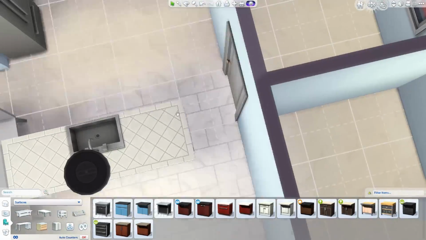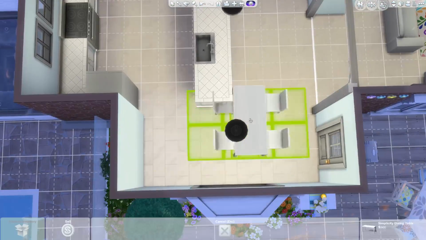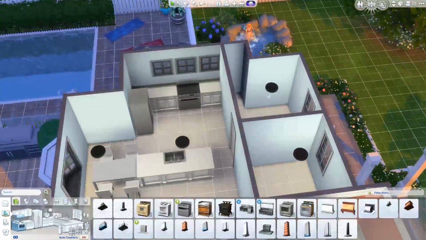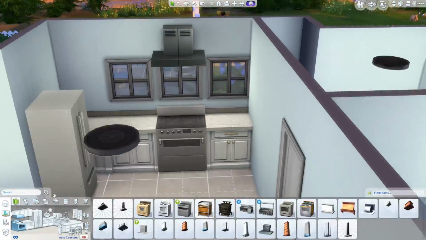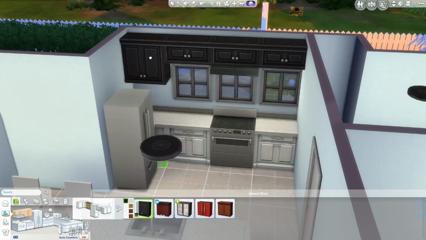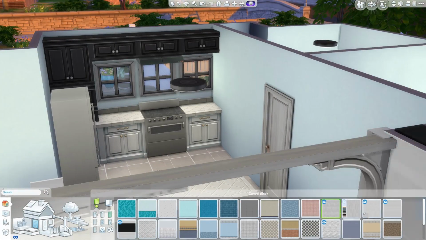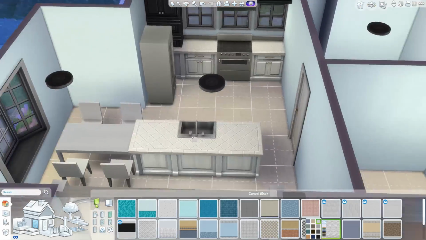Because I wanted to have an island and a dining table in this space, but it's such a weird room. We have that sort of big archway and then also the back door just next to it, and it's this L shape as well. So trying to make the kitchen still feel big and open while getting in enough counter space was pretty hard,